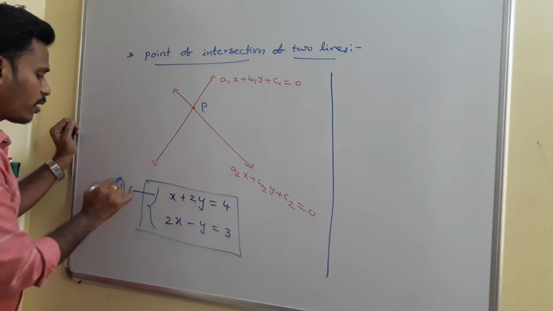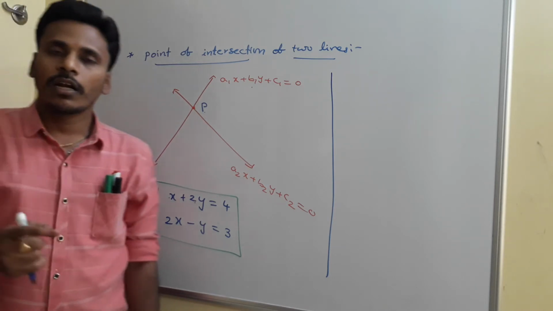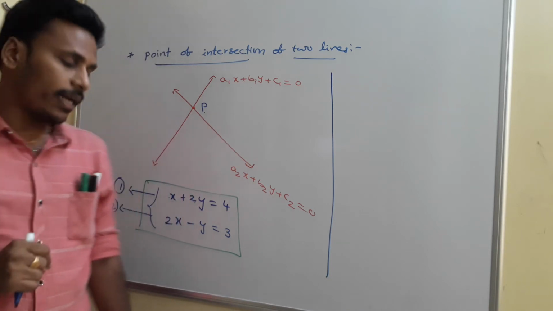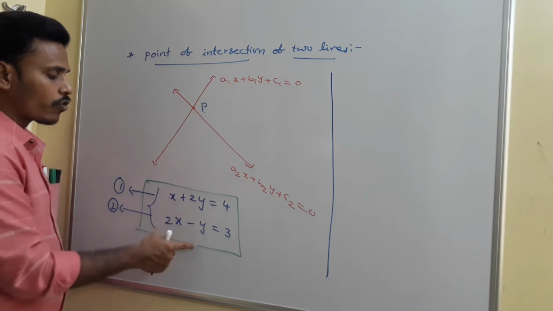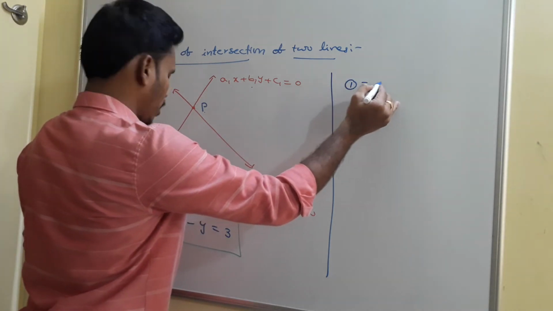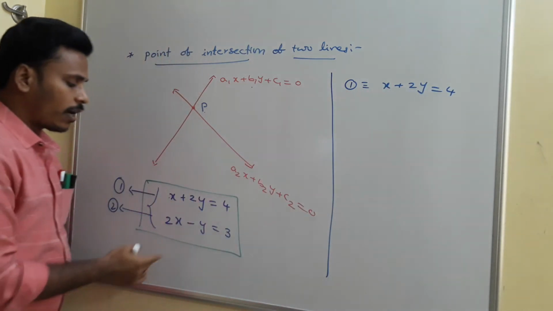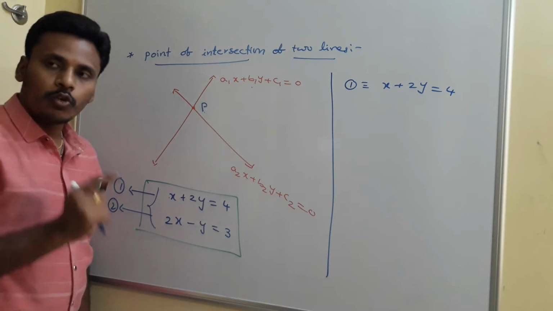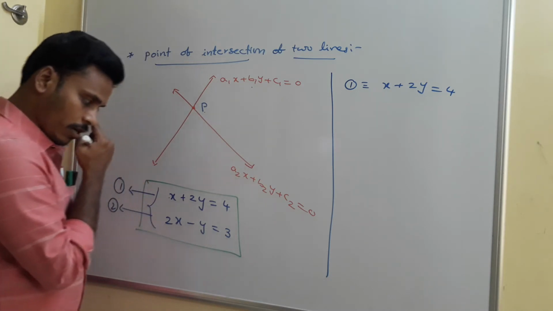First of all, I will give you the technique for how to solve using the elimination method. You may call this equation 1 and this equation 2. The elimination method is nothing but trying to find one variable by eliminating the other variable. Look there, this is 2y and this is minus y. You just try to eliminate y. For that, you just consider the first equation as it is: x plus 2y is equal to 4. I am going to eliminate y to find x. So to eliminate y, you multiply the second equation by 2.